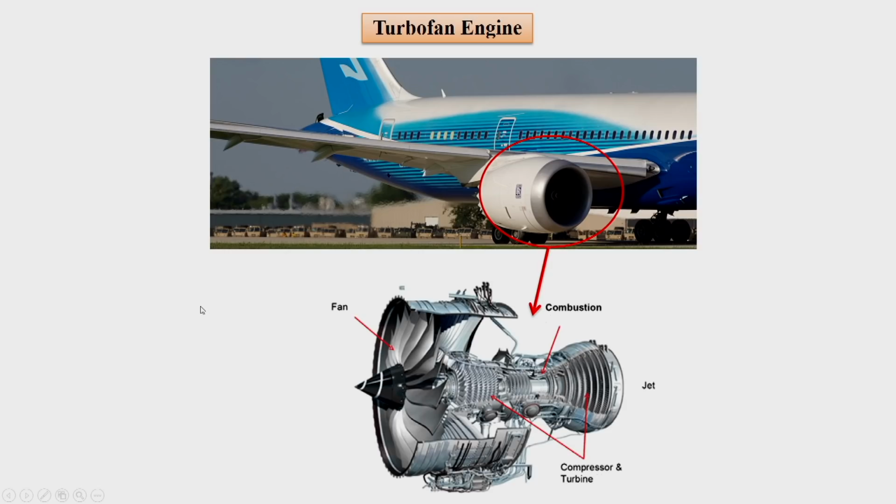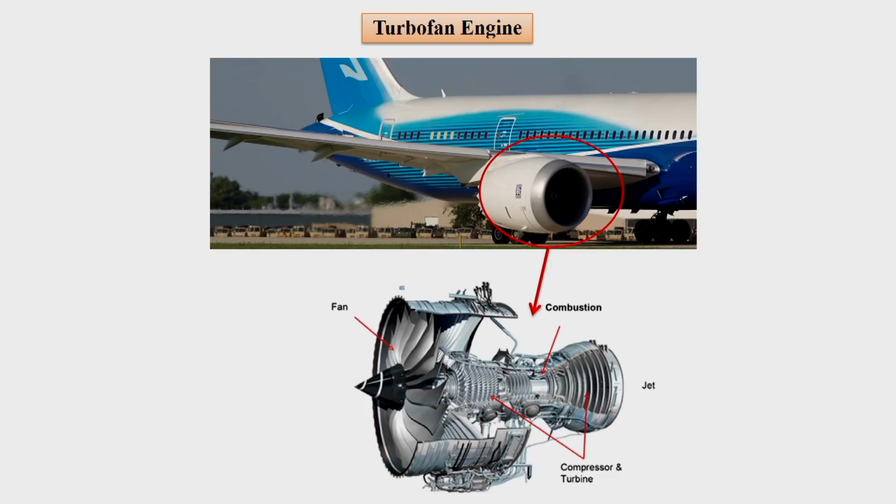Now the next engine is the turbofan engine. In the turbojet engine, as was suggested, the whole thrust was obtained from the jet. So Cj is very high, and across that Cj we are having extra thrust. Now we have an engine called the turbofan engine, where not all thrust is obtained from the jet. There is some thrust obtained from the other part of the engine where air is not combusted. That part is called the fan.